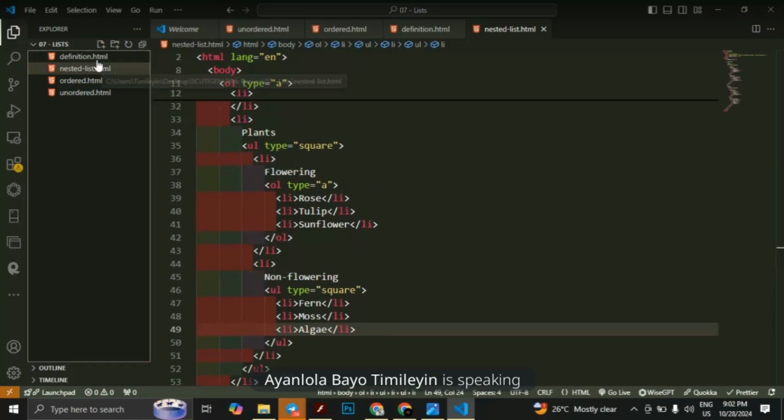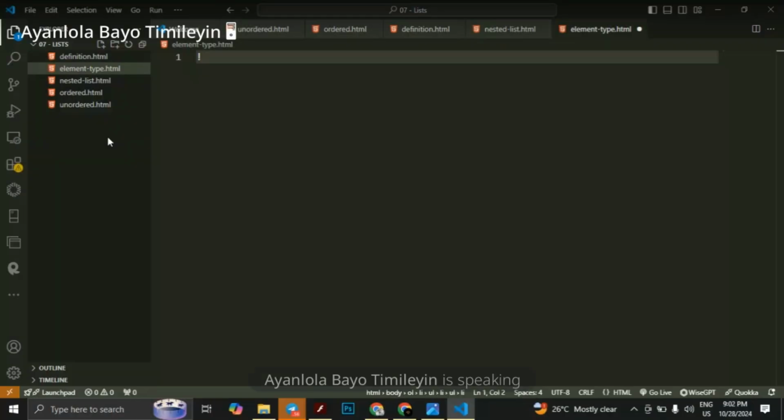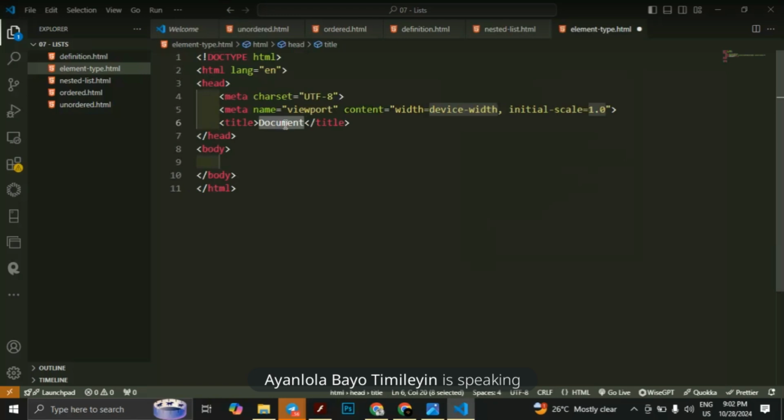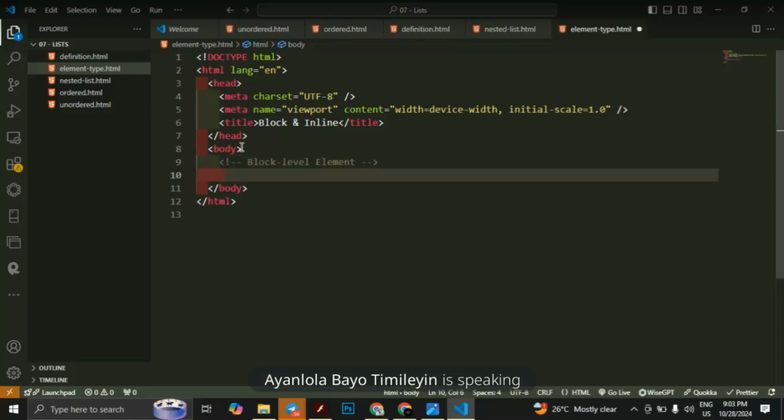So maybe I should just create it inside the list. I will say element type dot html. Element type.html. So block and inline, because these are the two types of HTML element that we have. So first, let's take a look at the block level elements. So we mentioned that H1 is a good example of block level elements, and I'm going to prove that shortly. So let's say